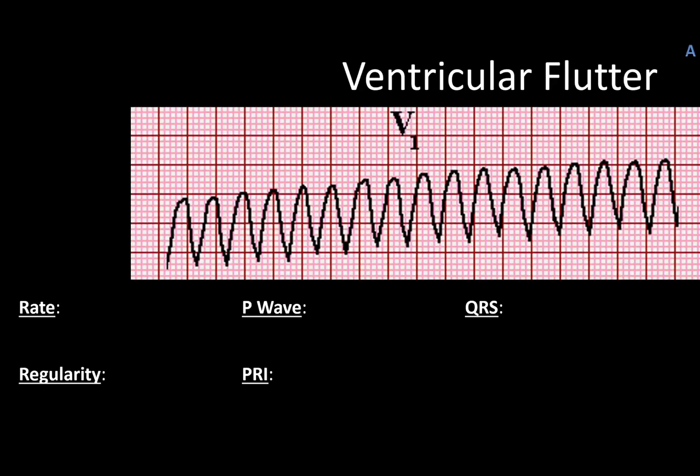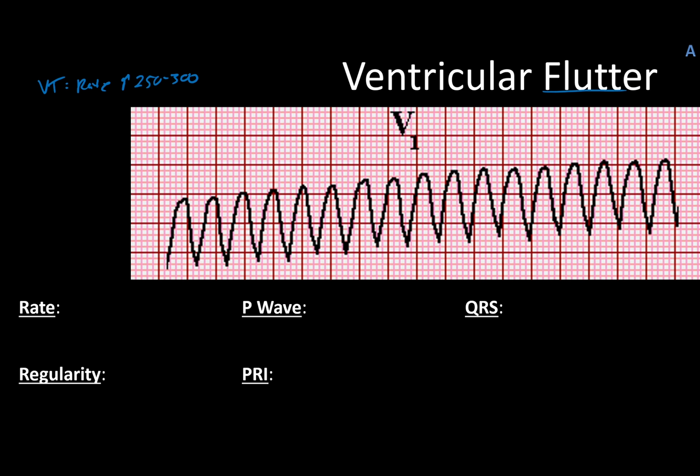As promised, what happens when you are in V-Tach, but your rate is up in the 250 to 300 range? Well, it's actually called ventricular flutter, but it does have a pretty specific pattern, which you can see on the screen, and I just want to walk through it. This strip is short, it's not a full 6 seconds long,